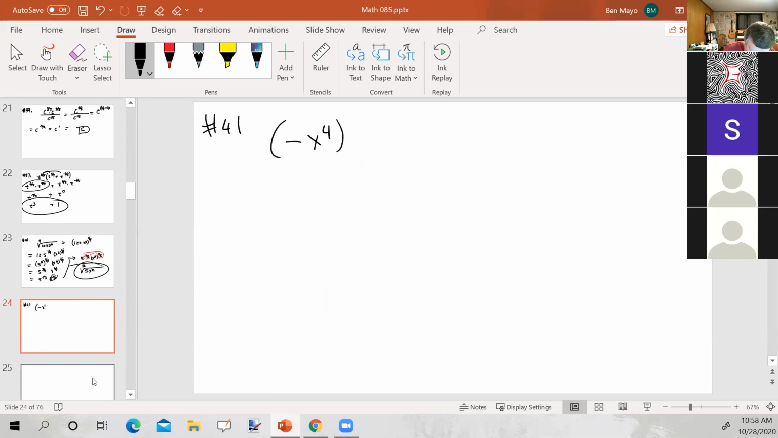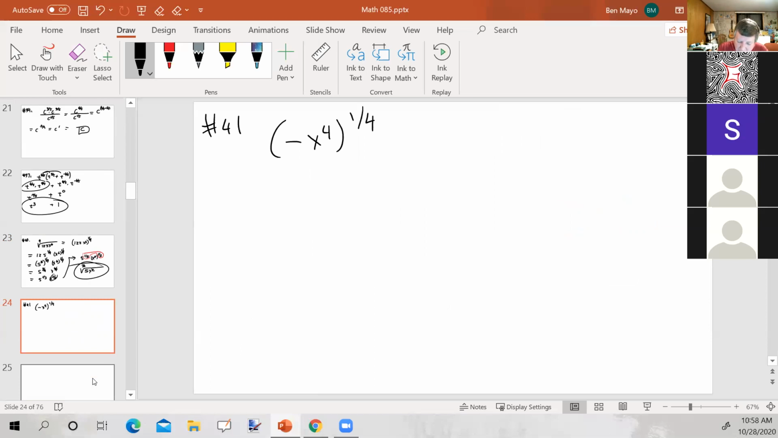Negative x to the 4th to the 1/4 power. It says simplify the expression if possible. Assume that the variable can be any real number and use absolute value symbols when necessary. If the solution is not real, enter not real. Well,